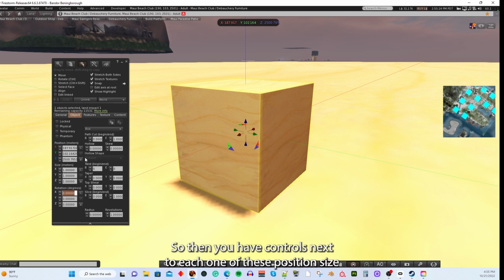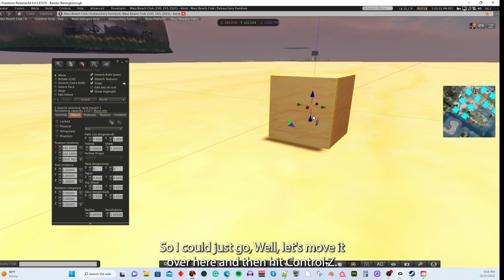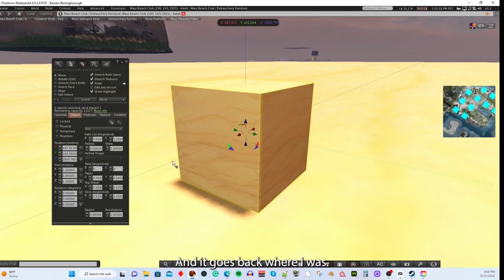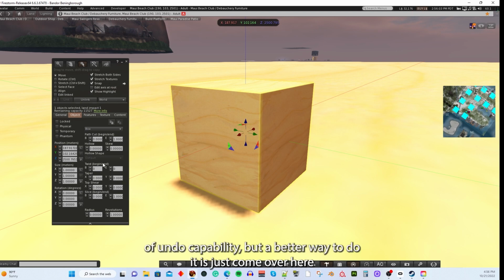So then you have controls next to each one of these: position, size, and rotation, for copying and pasting the values that are in here. Let's say I wanted to move this cube, but when I'm done, I want to put it back where it was originally. Well, you could do undo, but that's dangerous because if you move it more than once, you can't do it anymore. So I could just move it over here, and then hit Control Z, and it goes back where it was. So you do have a little bit of undo capability, but a better way to do it is just come over here